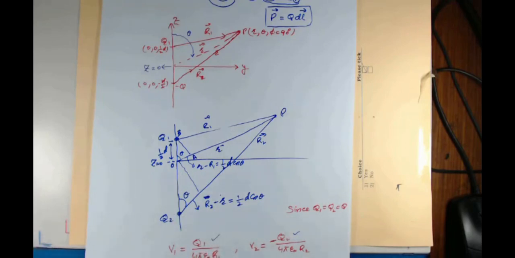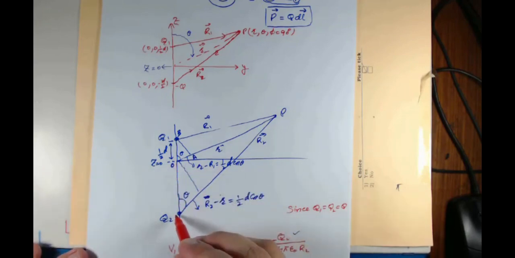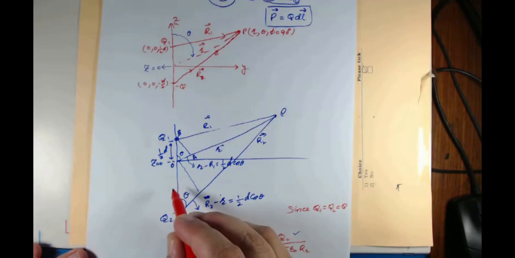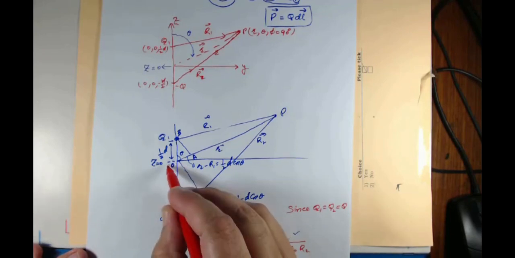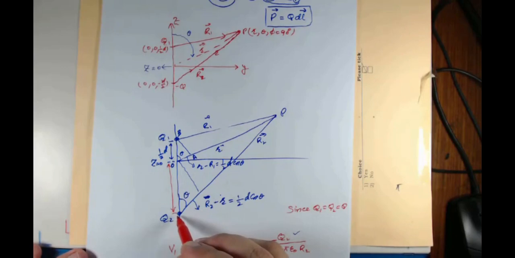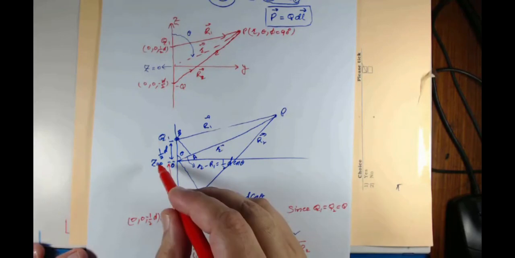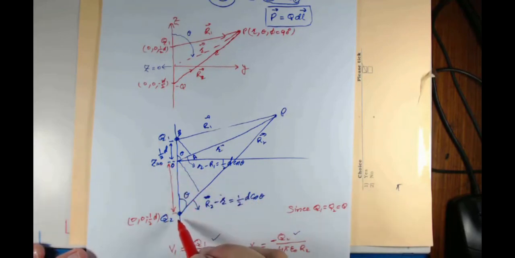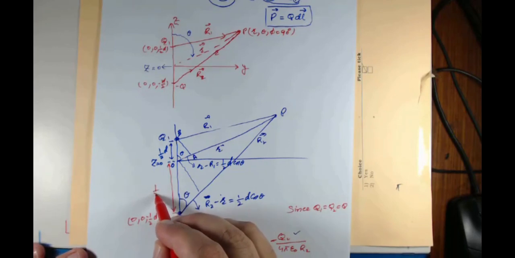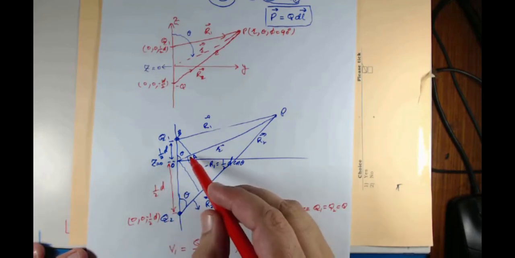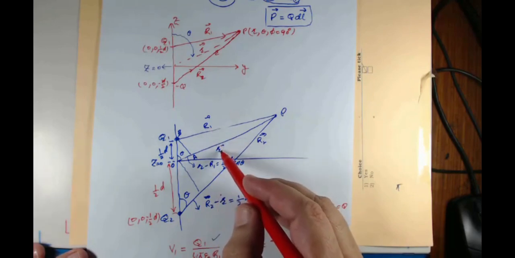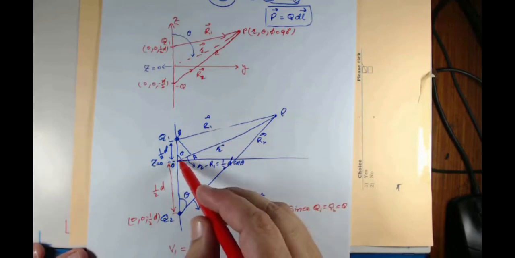Similarly, Q2 is located at 1 by 2 d from the z equal to 0 plane, which is Q2 located at 0, 0, minus 1 upon 2d. So the distance between the z equal to 0 plane and z equal to minus 1 upon 2d is 1 upon 2d. So in order to define the difference between the R1 vector and small r,